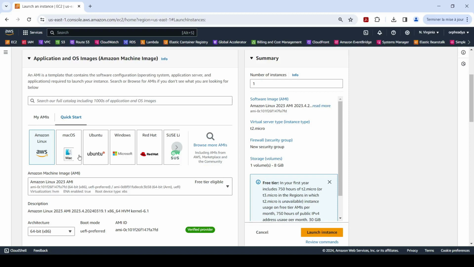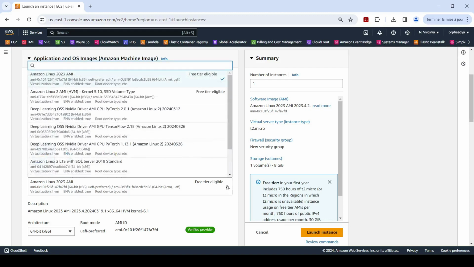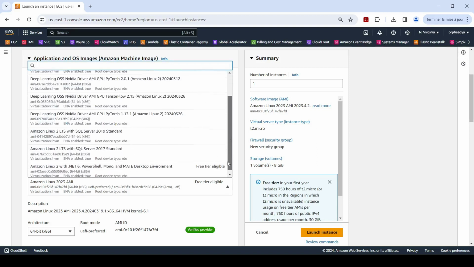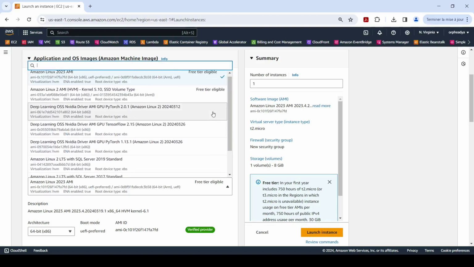As you can see here, we have other types of operating system: macOS, Ubuntu, Windows, Red Hat, and so on. I will choose the free tier eligible operating system. If I scroll down, we have other types of operating system, but they are not free tier eligible.